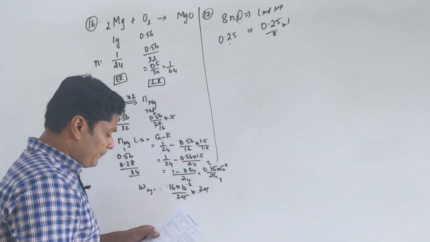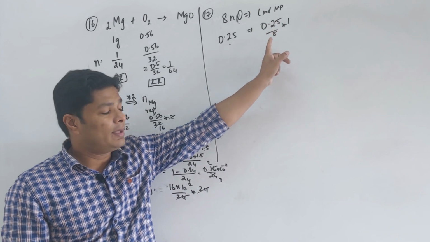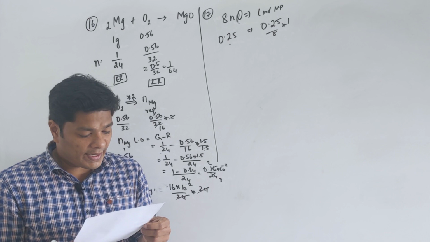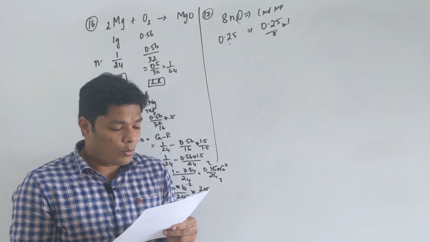Now you can solve it. You can take it as 0.24 or 24 times 10 to the power minus 2 divided by 8. So you get roughly 3 times 10 to the power minus 2. Beta. 18. What is the volume of CO2 liberated when